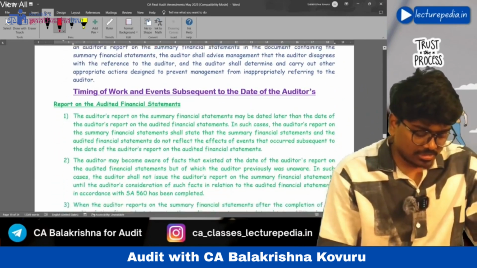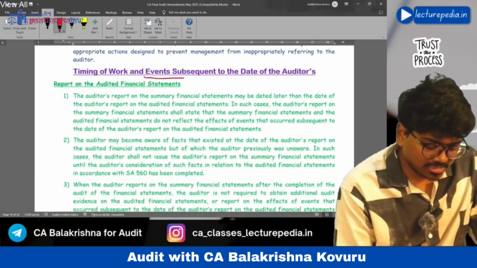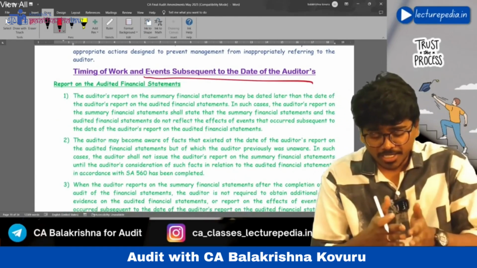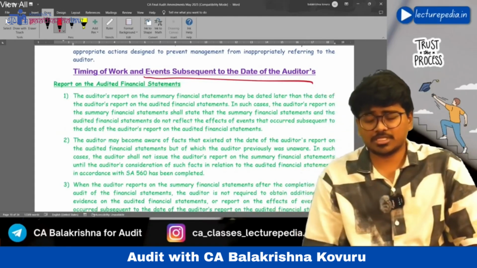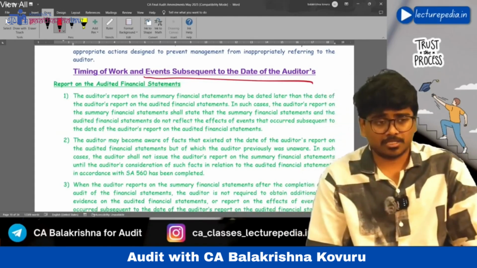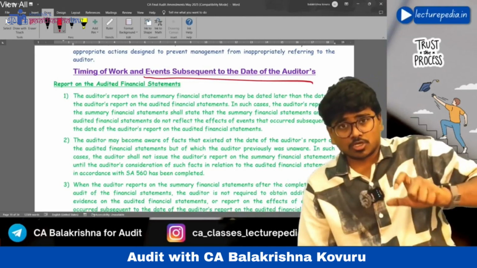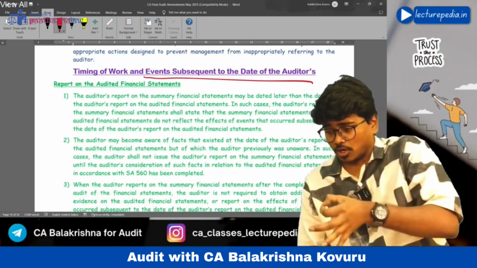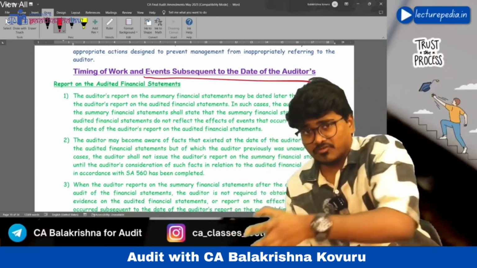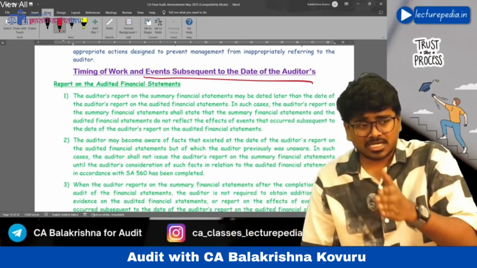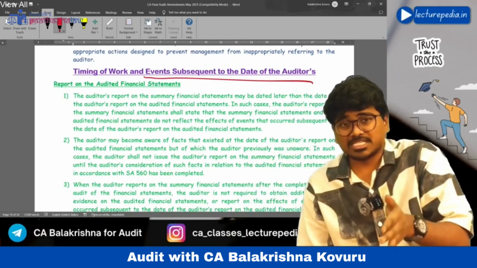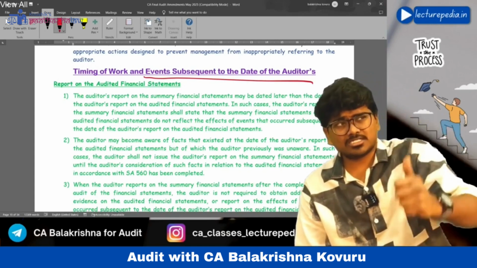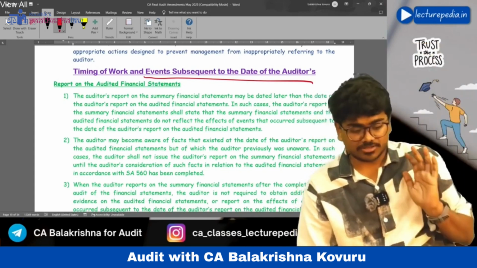Next, timing of work and events subsequent to the date of the auditor's report. The auditor's report on summary financial statements should mention that the audit report on the complete set of financial statements, and also the audit report on the summary financial statements, do not consider any subsequent events that have occurred after the date of the auditor's report on the complete set of financial statements.